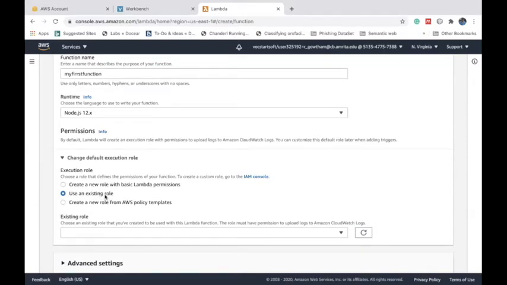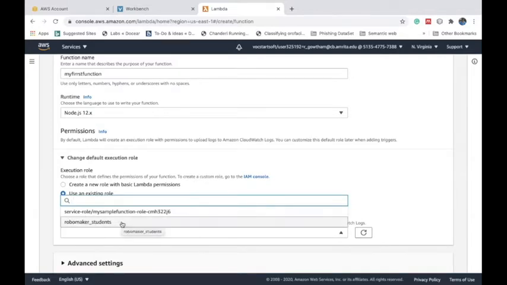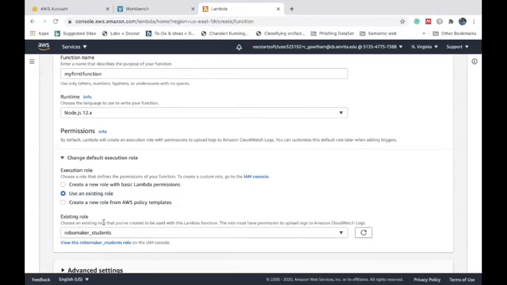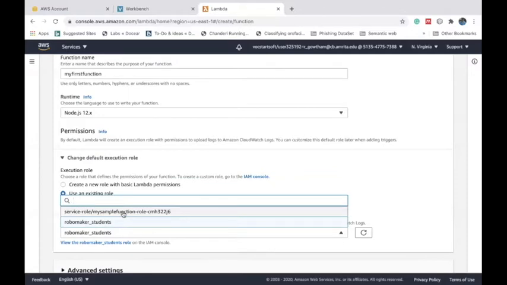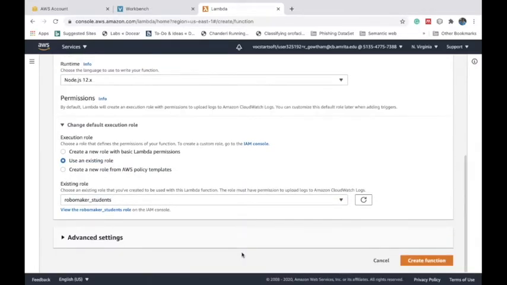From the use an existing role, select RoboMaker student, which is a default role given by AWS Educate. If you select another role, it will not work. So it is mandatory for an Educate account to select RoboMaker underscore student. The remaining settings can be default settings, and click on create function.